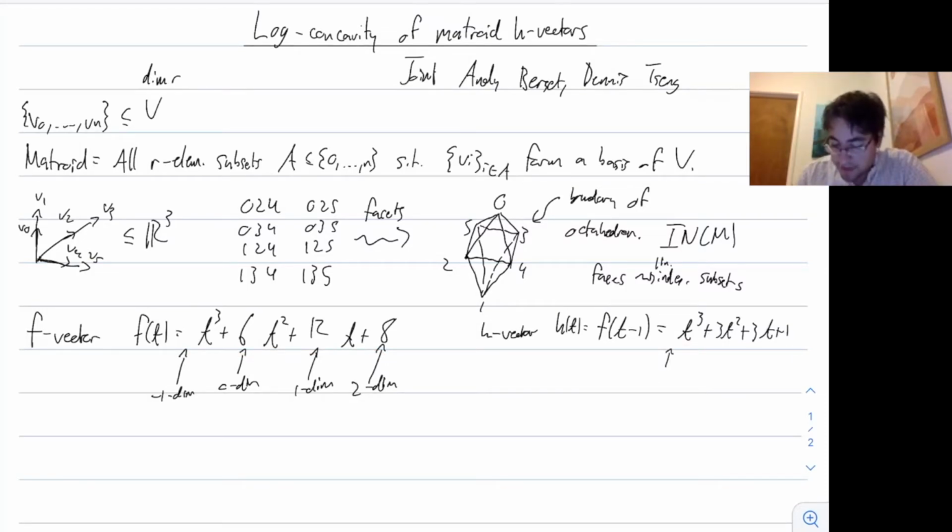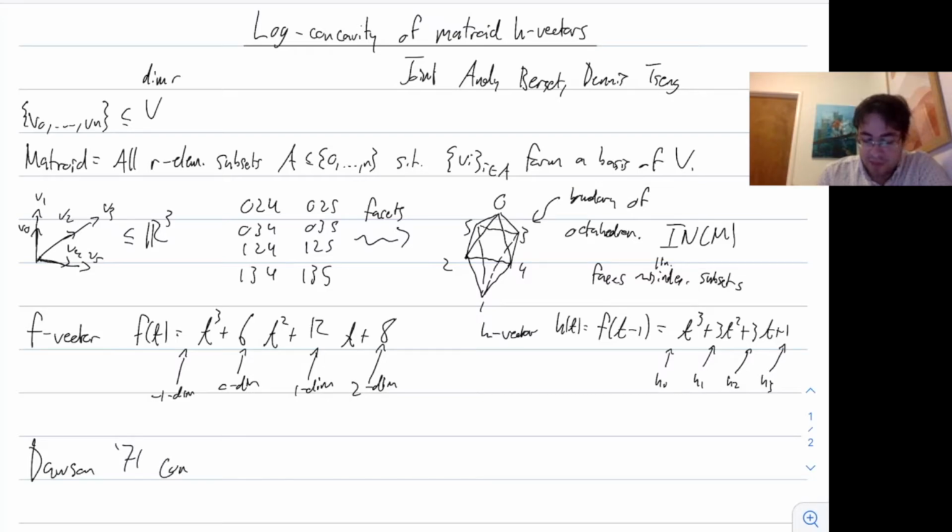Great. So these numbers, h0, h1, h2, and h3, this forms the h vector. Now, why is the h vector important? Well, there's this ring that you can construct from a simplicial complex called the Stanley-Reisner ring, and this turns out to be the numerator of the Hilbert-Poincaré series for that ring. But I won't go into that now because it's not important for what I have to say. Anyway,